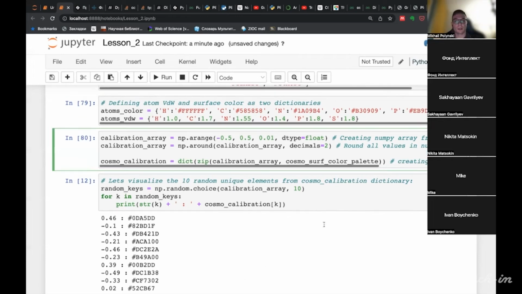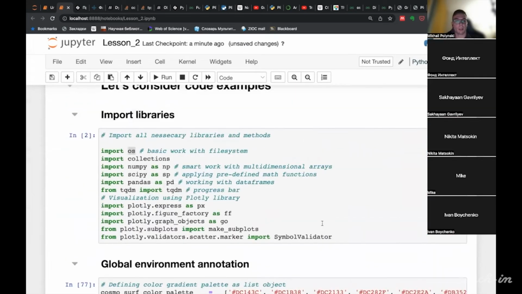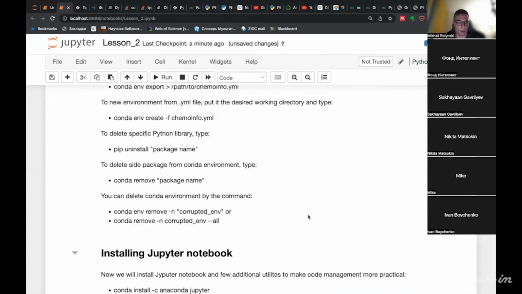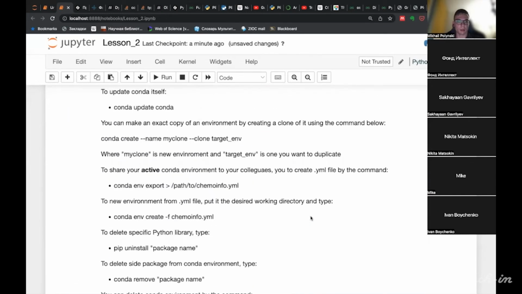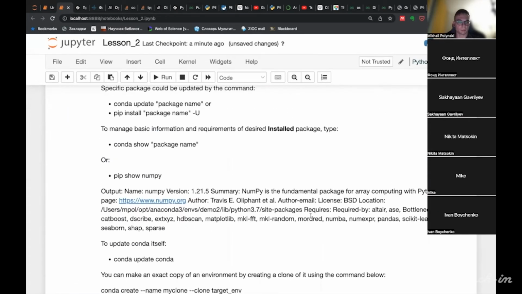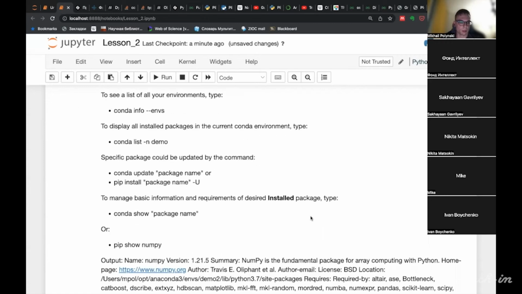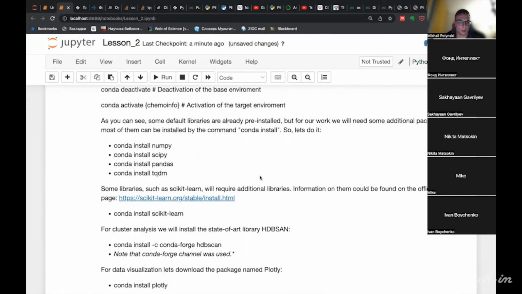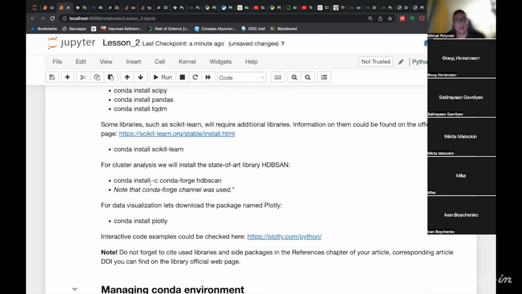I suggest you install the XTB package we are going to use later by using the CondaForge channel. And by the way, which operating system do you use?